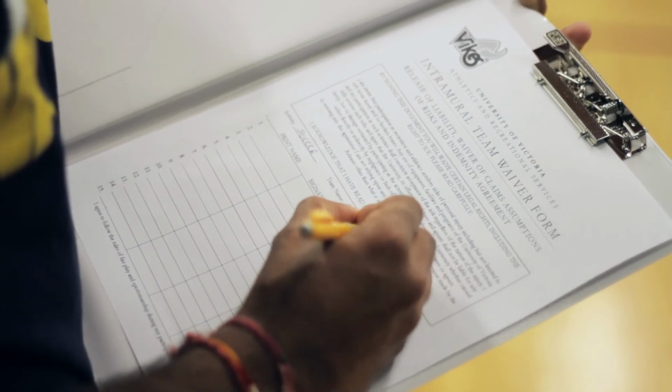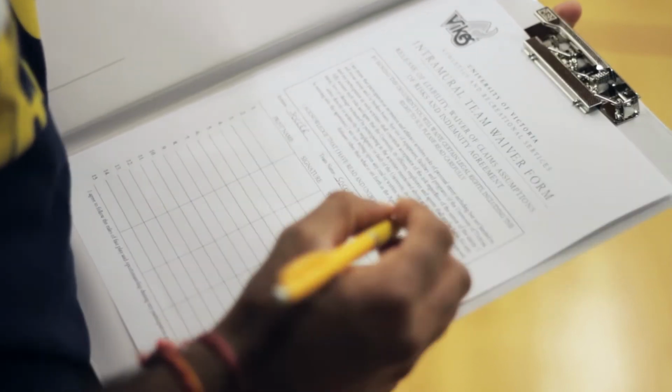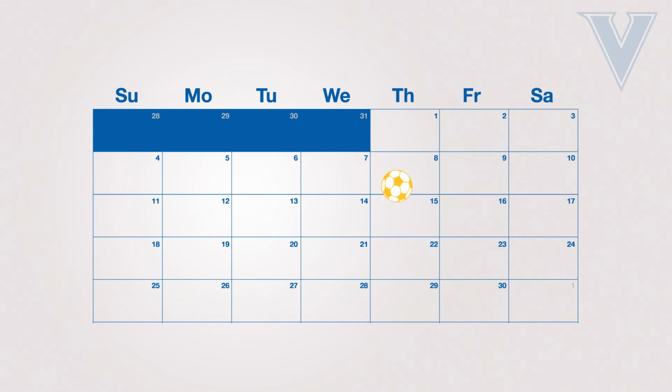The waiver system is a liability release form that all players must sign. Each intramural participant must sign the waiver prior to their first game. In addition to the waiver system, we also require that every player on your team registers on imleagues.com. If you choose to play soccer on a league that runs on Wednesdays, you may only play for one team in that league.